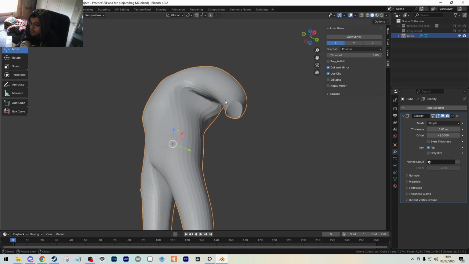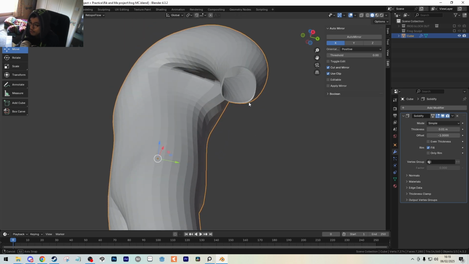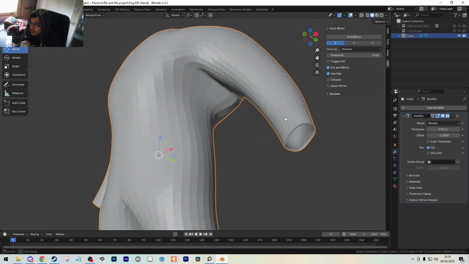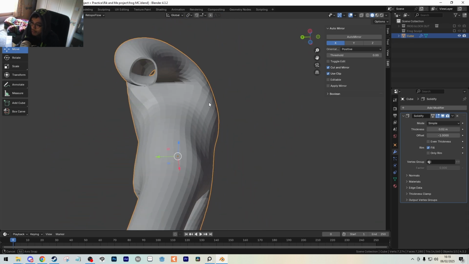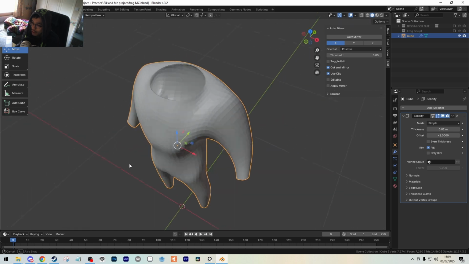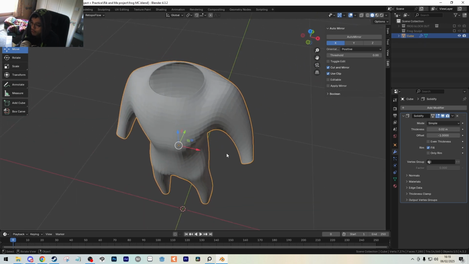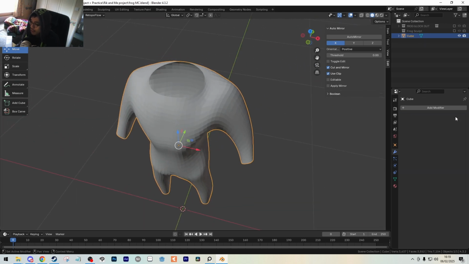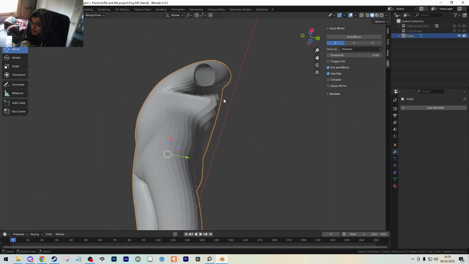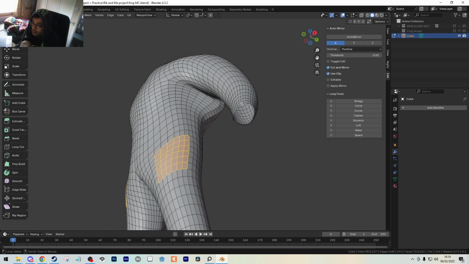You can also cheat it in a way so you don't have double geometry, and do it a bit later. As you can see, that will give you an inner and outer layer, and maybe that's just too much geometry, so maybe I'll just leave that out. What you could do is just go over here, select the edge loops, and just